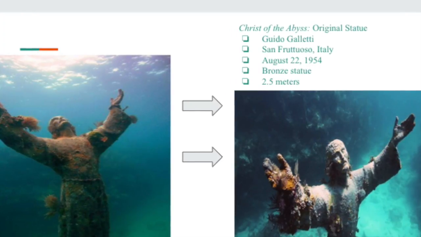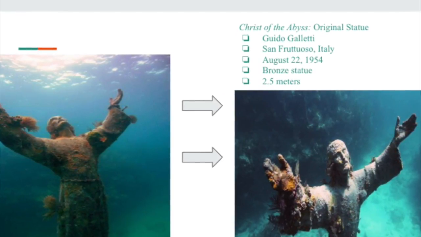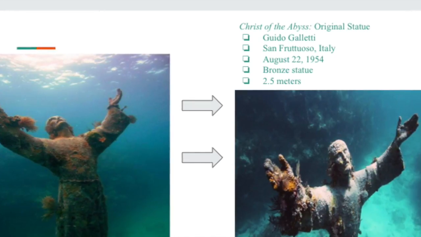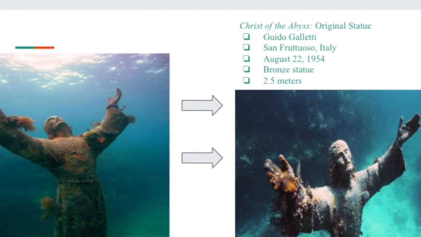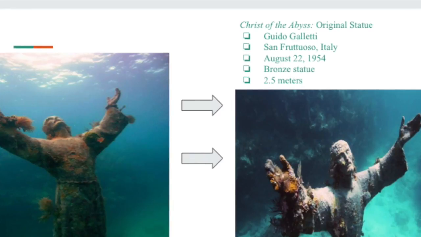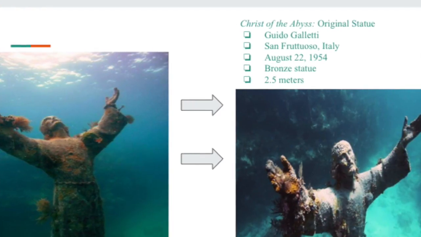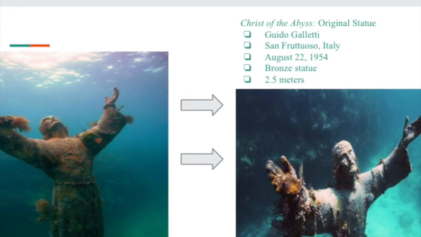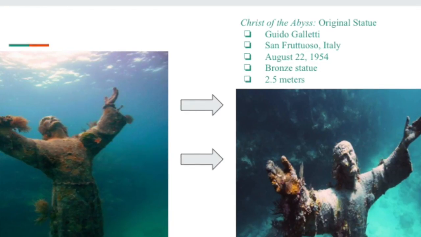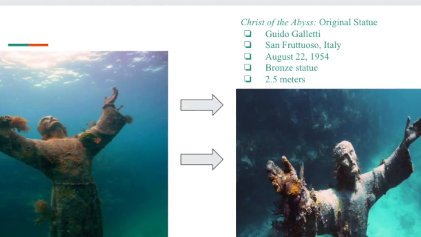The most important factor of the statue is its location and use of space. Christ of the Abyss encounters a unique environment 15 meters deep in the Mediterranean Sea. This adds more characteristic to the statue, as seen in the majority of art pieces which are placed in locations of unusual environments. It was placed here in 1954.